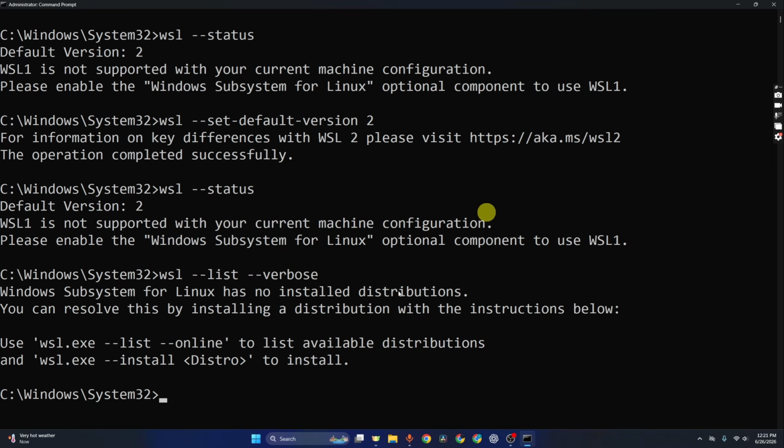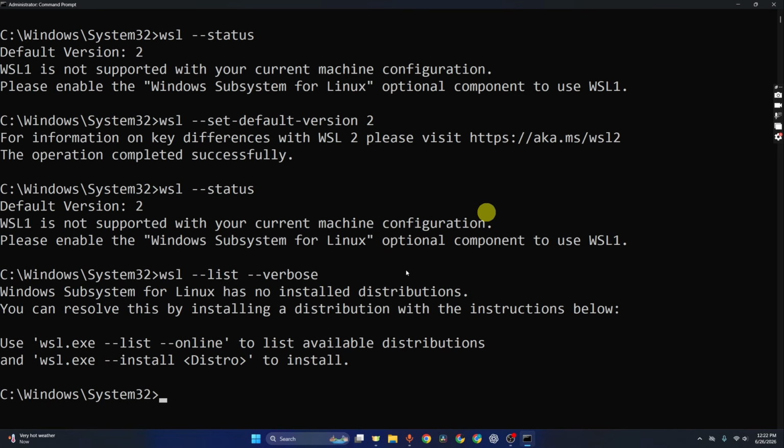Now it's time to install our first Linux distribution. Although WSL supports several Linux distributions such as Debian, Kali Linux, OpenSUSE, and others, Ubuntu is usually the best choice for beginners because it is well documented, beginner friendly, and supported by most development tutorials. Now there are 2 ways to install Ubuntu. The first method is by using command prompt, which automatically downloads and installs Ubuntu without opening Microsoft Store. The second method is through the Microsoft Store, which is the method that we will use because it's easy for beginners,